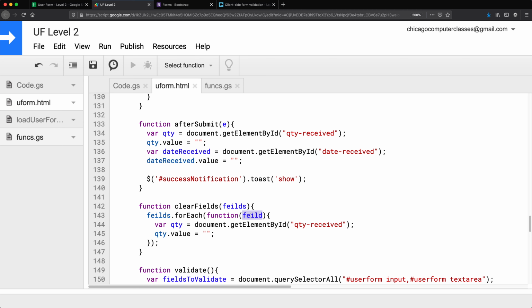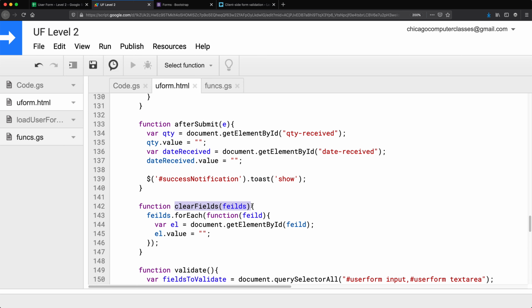And each field is going to be one of the things we need to clear. So I'll just pass that field name here. I'll call this one L, and then we'll call this one L value. And we'll take that element and clear the value. Now we should have this function that loops through all the elements we give it, which means we should